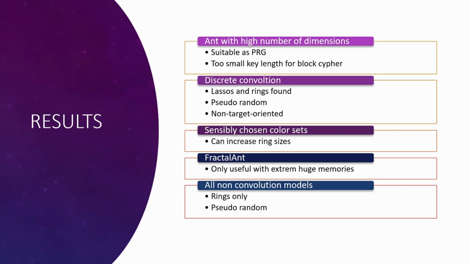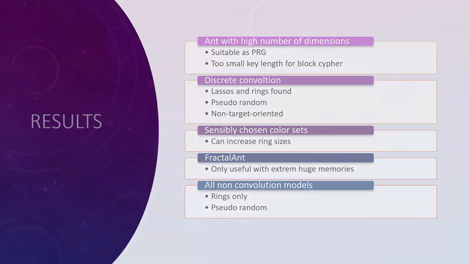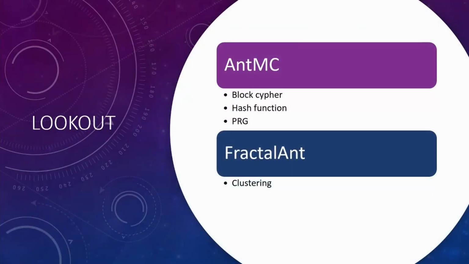Yeah, I think we have here enough talked about the results. Let's have a look at the outlook. So there's one little problem with ANT: you cannot really use it as a block cipher since you cannot define as many keys as you would like to make it secure. We cannot generate here really working keys of a length of 128 bit or maybe bigger,